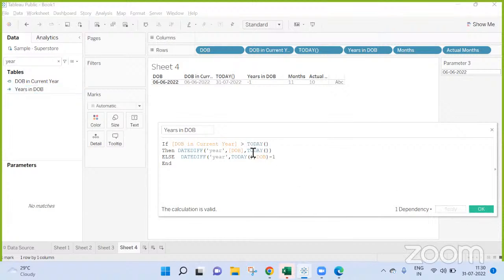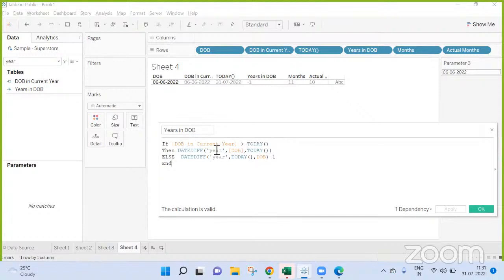Wait. DOB, comma, today. It is showing the else statement 0 minus 1 minus 1.